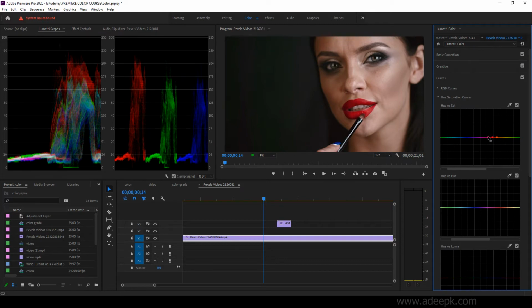What is happening is that this has selected a set of points which you can vary. You can vary her skin tone color. So you can move this point, and you can see that her skin tone is changing. To constrain this to a single line, you can hit the shift button and it will move in a straight line. So it will be constrained along that line. So you have varied the saturation of this selected portion.